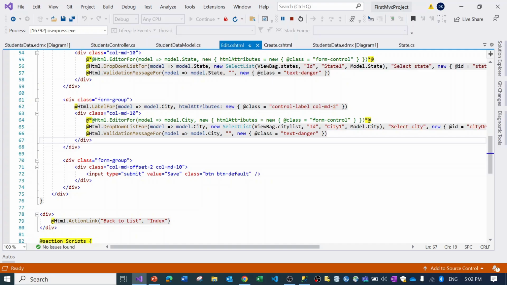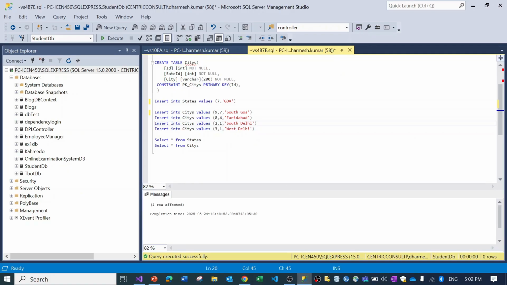So this is the way it's working, and if you want to validate it, what is the benefit of using the database and loading from the database? Suppose you want to add a new city, you can do it right away from the database. It will not require any code changes. Just change the primary key here, we'll keep 7, we can make it North Goa, and just execute this query. And if you refresh it,